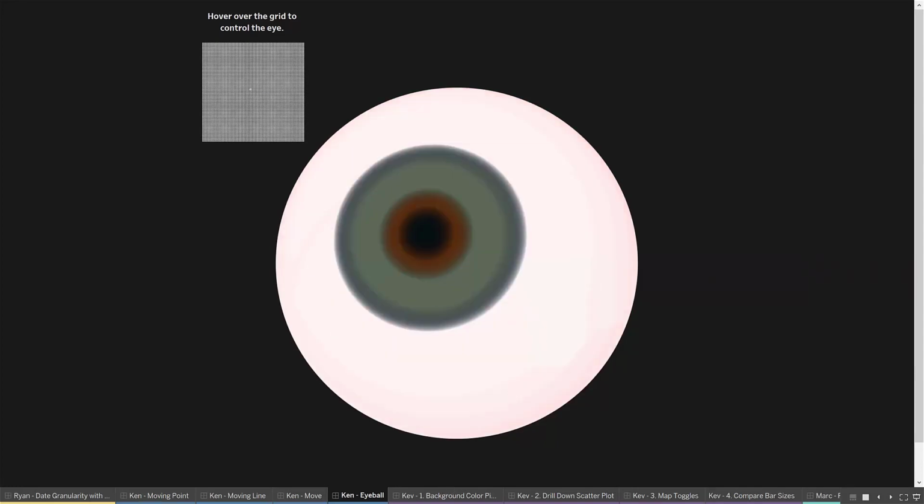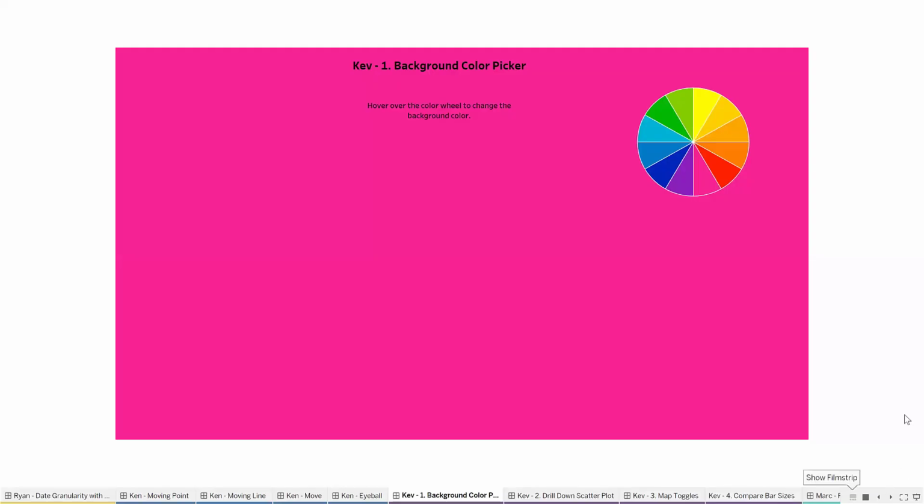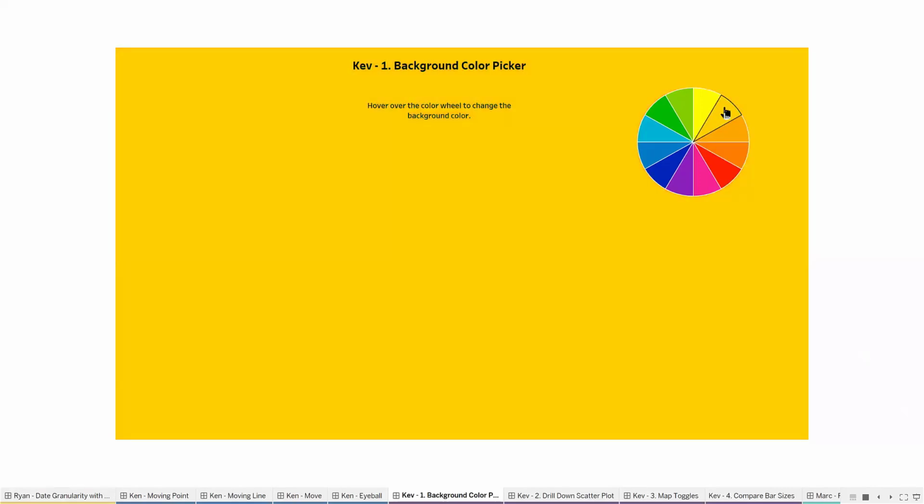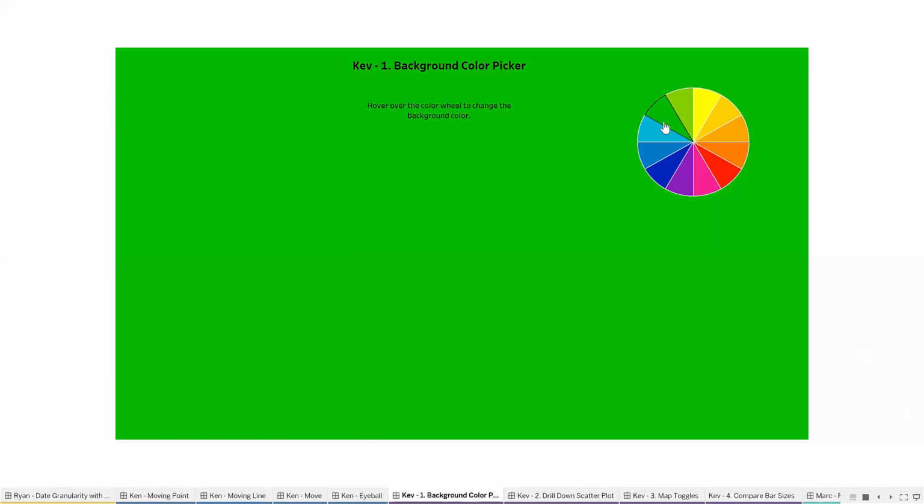Okay, so moving away from one Flareage brother to another, I think this is one that you definitely need to start using in terms of the ability of testing color combinations within your dashboards. So Kevin has created this wheel that allows you to switch the background color. You'll see this again created by Mark. The techniques are slightly different. So again, I encourage you to read their blog so you can understand how both of them approach the changing